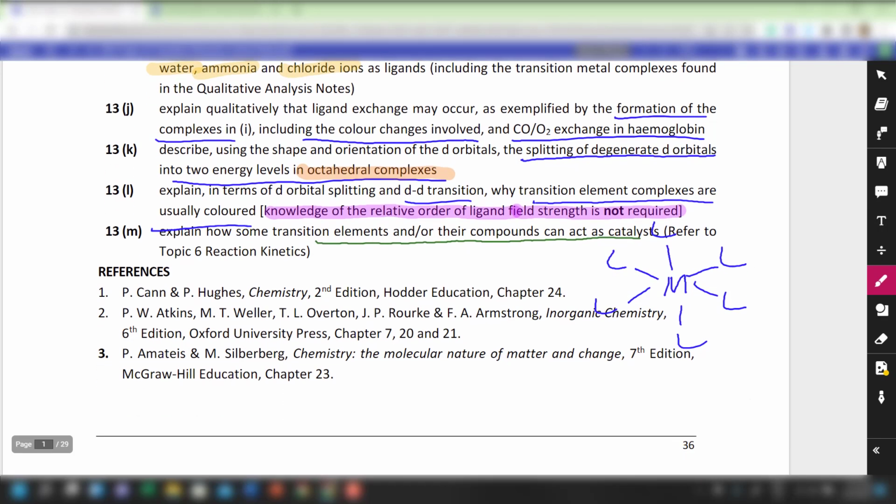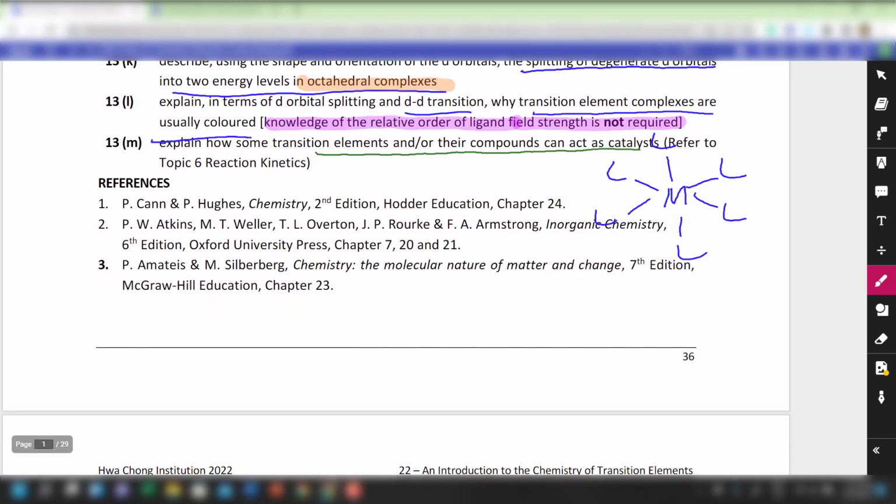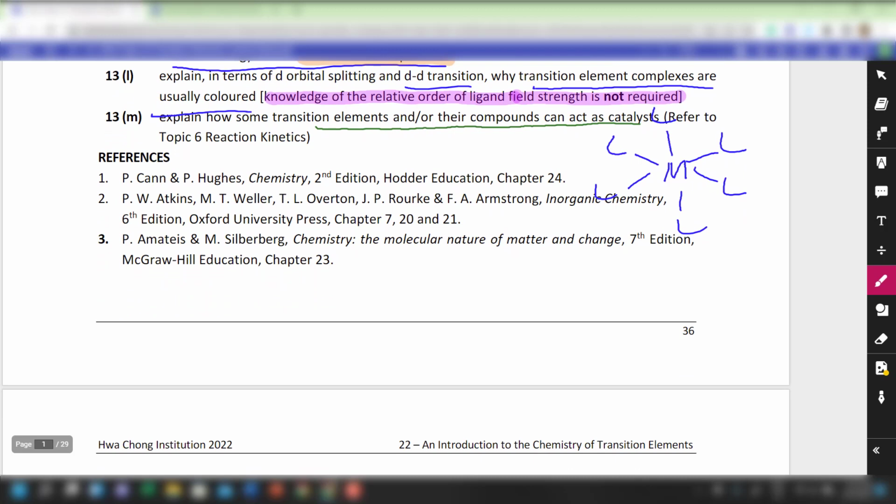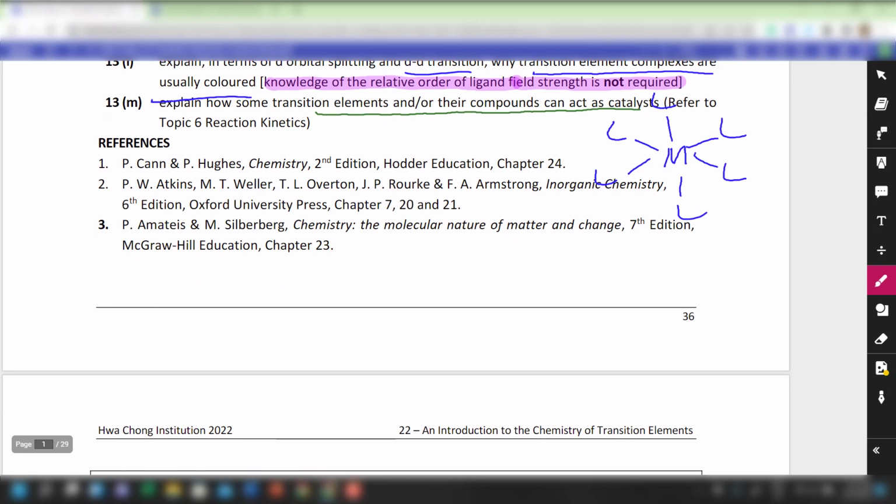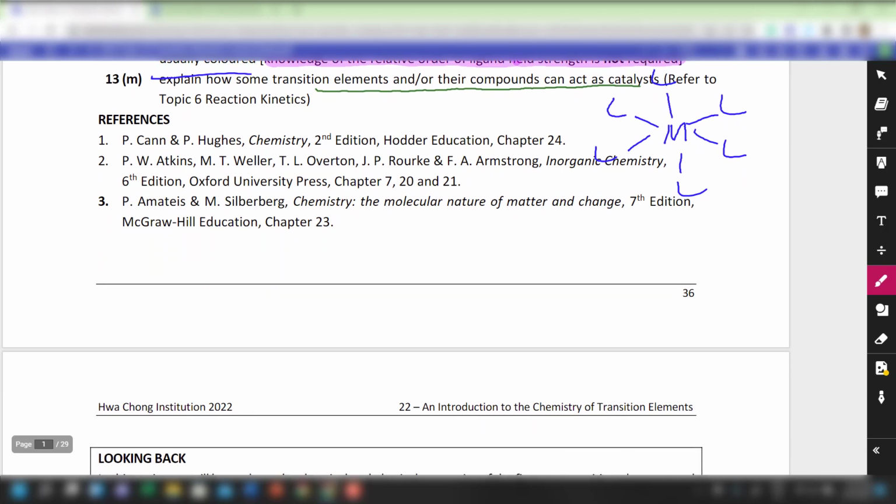Okay, so these are the references which you might want to read if you think that you want to understand more on transition elements. I really suggest you guys read more if you are interested, especially on inorganic chemistry, because for organic chemistry you guys are very familiar. There's a common language, and you tend to see many molecules transforming from one to the other. Inorganic chemistry you are not very familiar with, so whenever a question is given to you, asking you to